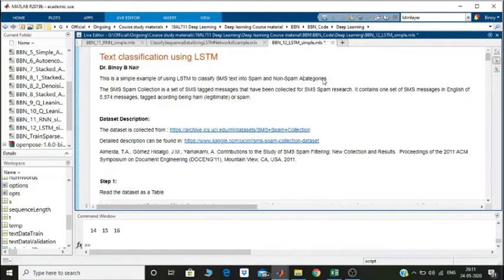Okay, good morning everyone. Today's session is on an in-sample application of LSTM. What we are going to see today is how you can classify text using simple LSTM models. We have collected a data set of SMS messages, and we are going to find out, based on the content of the message, if it is a spam message or a non-spam proper message that somebody is trying to send you.